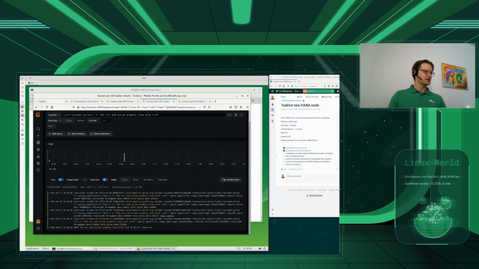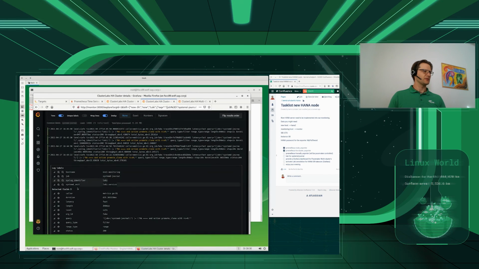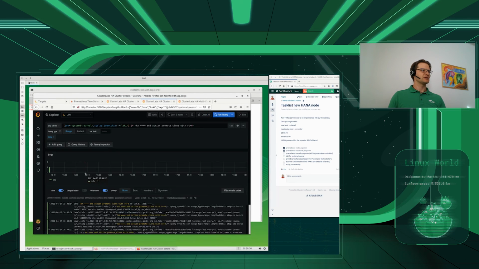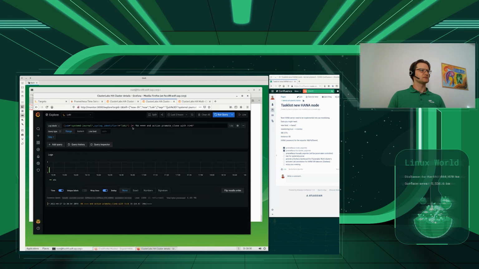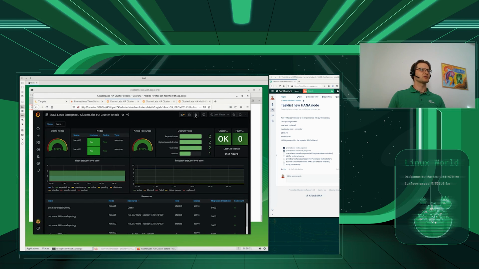And what I would like not to see is the queries running from the Loki. So what we can do is simply open such an event here and use this filter that will automatically be added here in our query, and we will get only the real result for HANA System Application Takeover. So we can now choose this Loki query, copy this, go back to our dashboard, and now